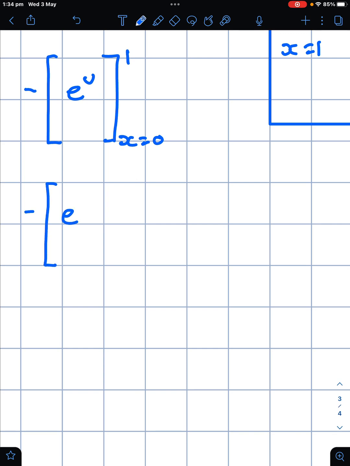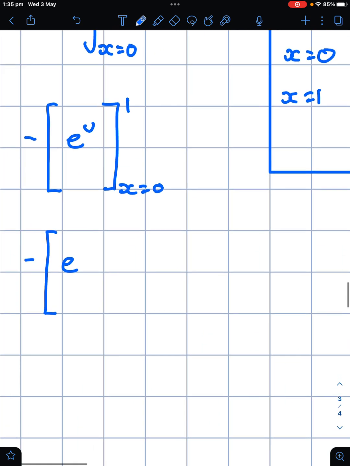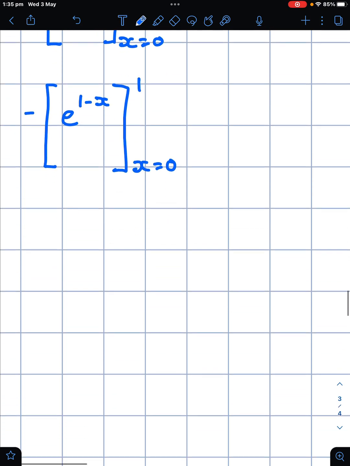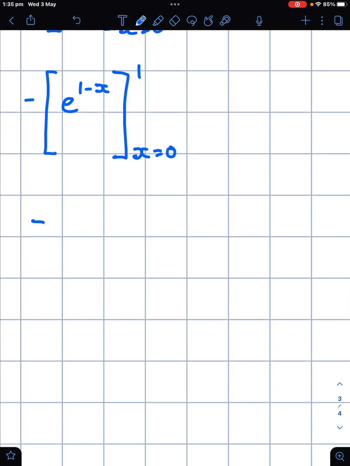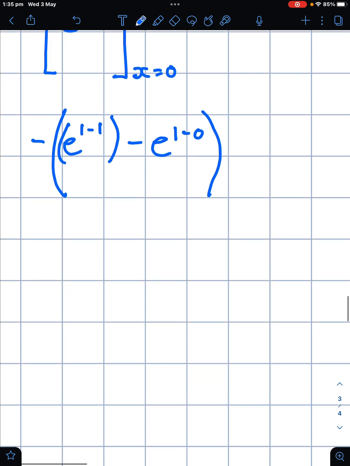So e to the 1 minus x from 0 to 1. This becomes negative. Our upper bound is e to the 1 minus 1, and then we've got minus e to the 1 minus 0, which is going to equal,